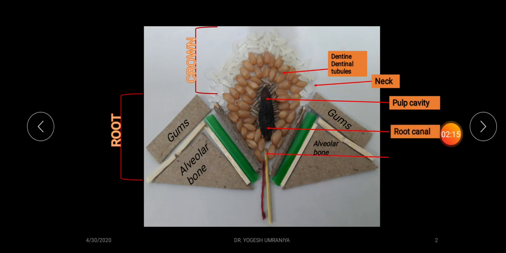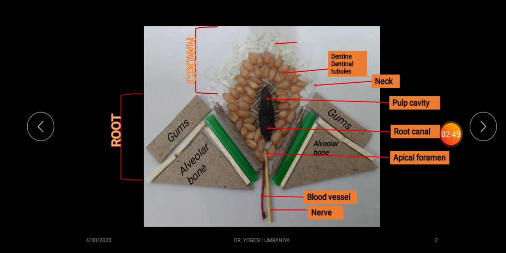Next, there is a gap at the bottom of this layer. You can see this gap, that is referred to as the apical foramen, and that is giving passage to the various blood vessels as well as the nerves to the cavity of the tooth, particularly the root canal as well as the pulp cavity.